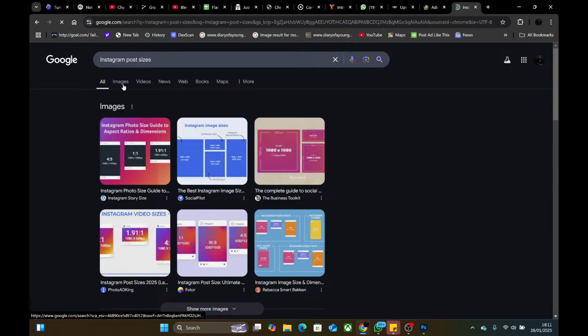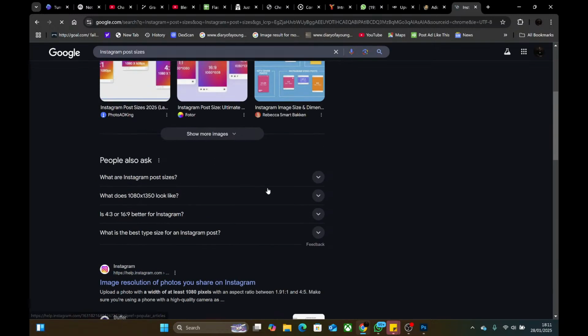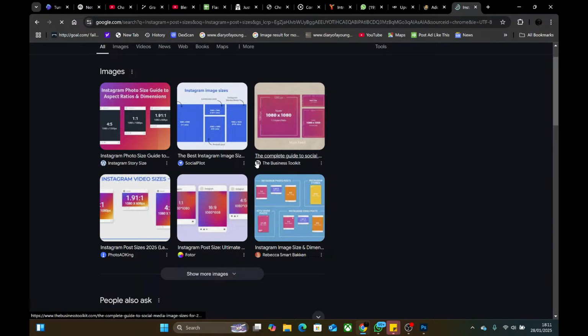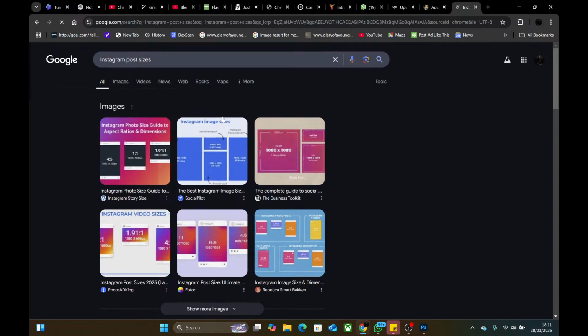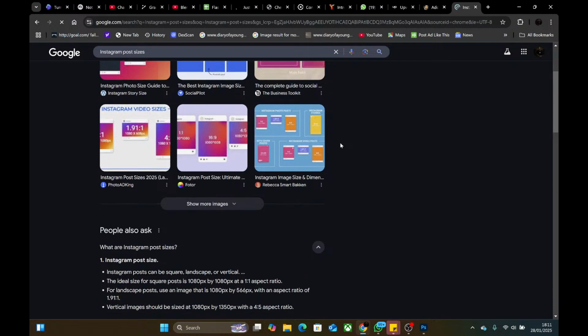So here Google is telling us that Instagram post sizes come in different forms. I'm waiting for this to load. The network may be a little slow because I'm downloading with the same network that I'm uploading with. All right, so you check it up here, and then Google is supposed to show you some stuff. This is unusually slow, but let's manage it.